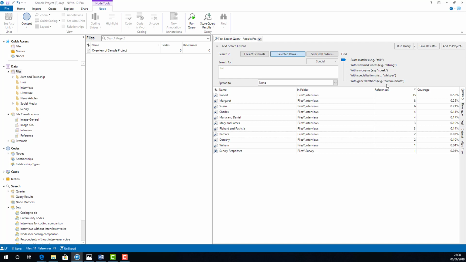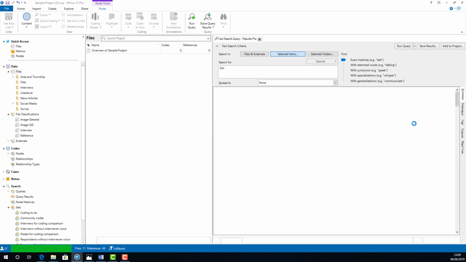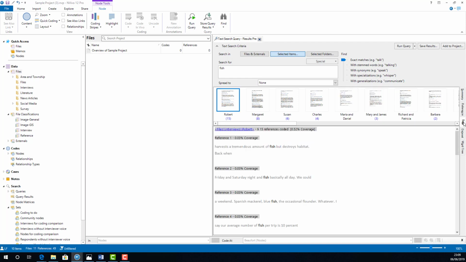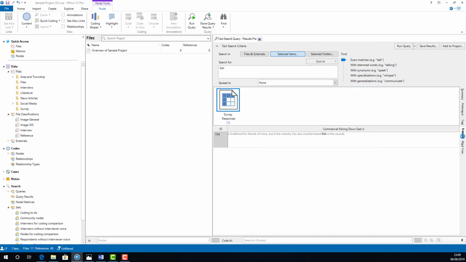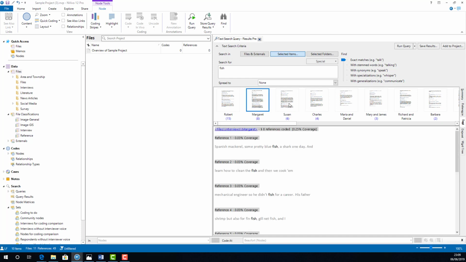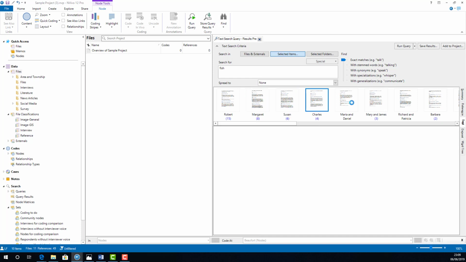You'll notice there are other tabs as well. If I click on References, I can now see every single mention of that particular word and the context around it. If I move down, the options will vary depending on where the results have occurred. In this case, I can see the word fish has appeared in both text files and in datasets. I can navigate between these tabs and use the options across the top to see where these results have occurred